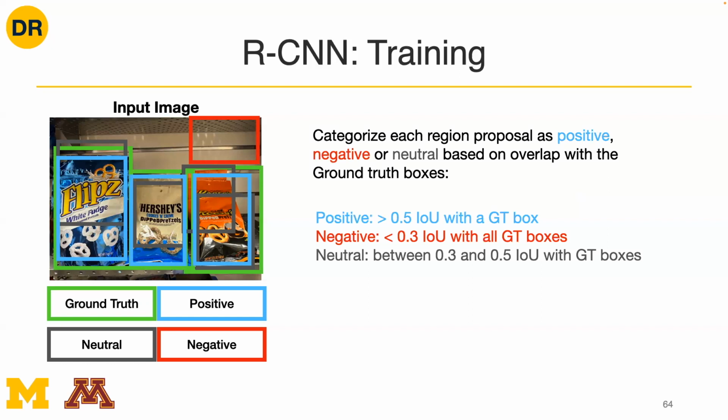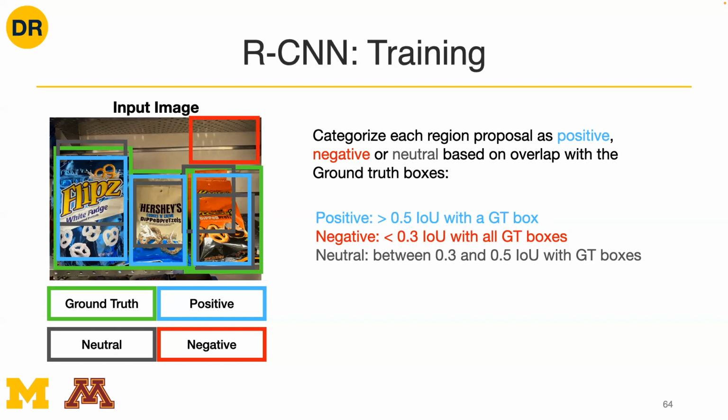And then a neutral region of interest is one that has some IOU between 0.3 and 0.5. These IOU thresholds are hyperparameters that are set before training. So this is one example of how the IOU is a useful metric. It's often used as thresholding to decide during training, or internally within the network, which regions we want to use or not use, using a deterministic measure of overlap between